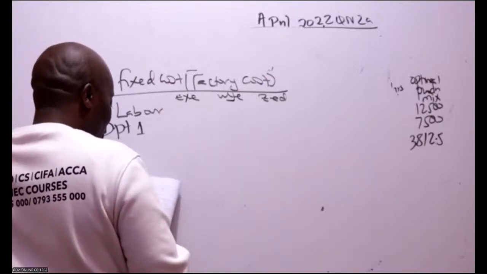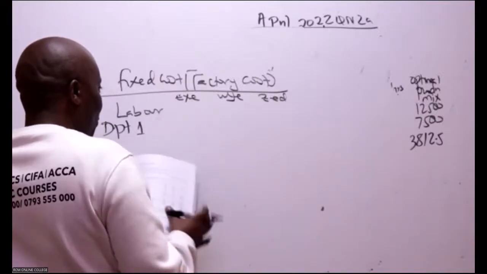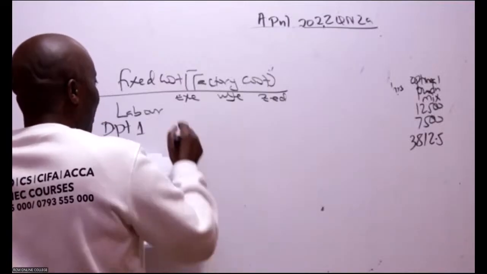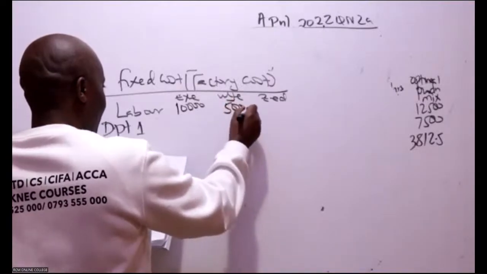The current output is given at the very beginning. At the very beginning, paragraph number 1, this was 10,000. This was 5,000. This was